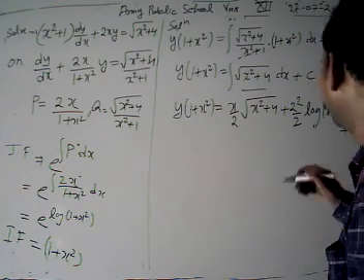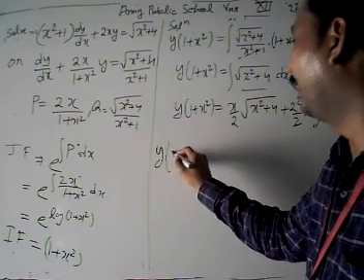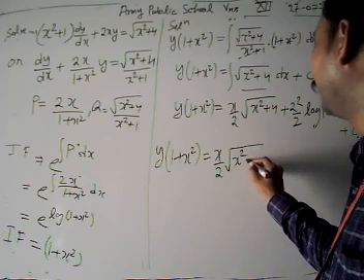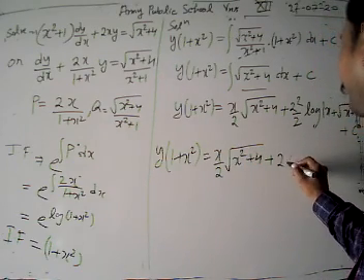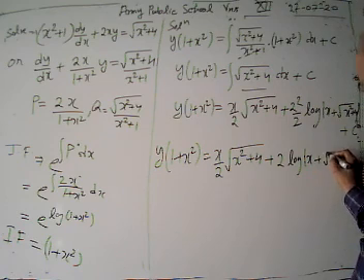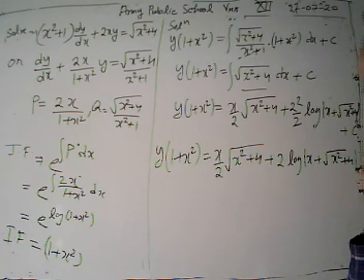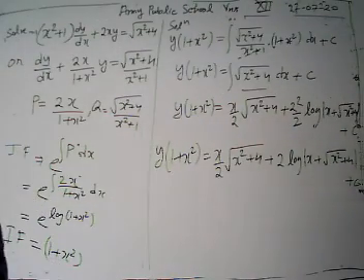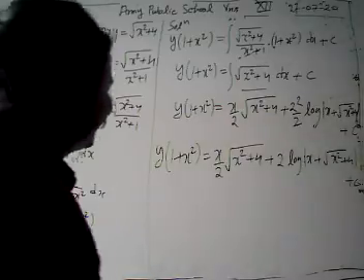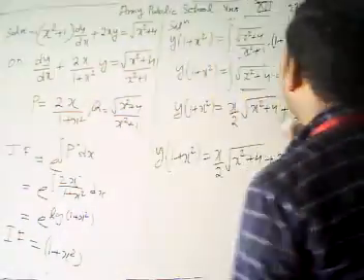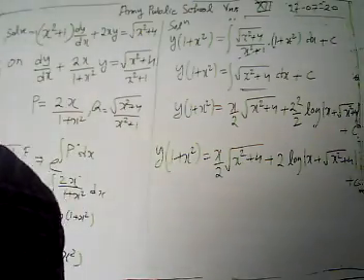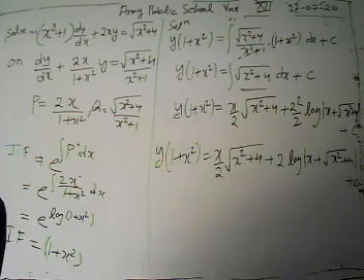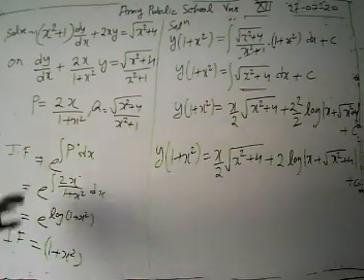Now we have further solved this 2 square. Then the final solution is y into 1 plus x square is equal to x by 2 under root x square plus 4 plus 2 log of mod x plus under root x square plus 4 plus c. This is the solution of the given problem. Why is it important? Because the integration of under root x square plus 4 dx either you know how to solve, or you have to learn these special integrals. I am going to revise this for you.